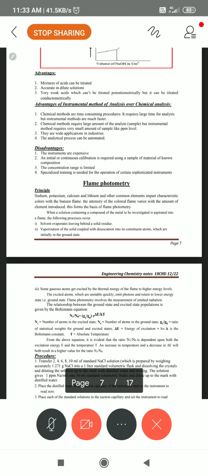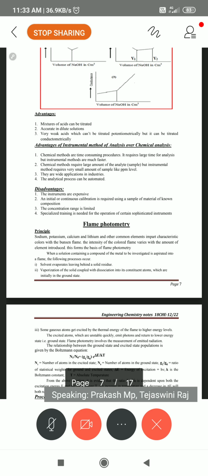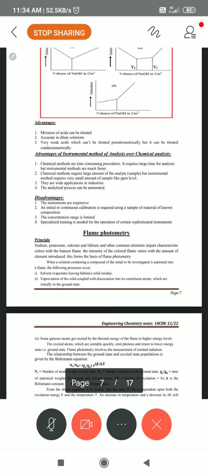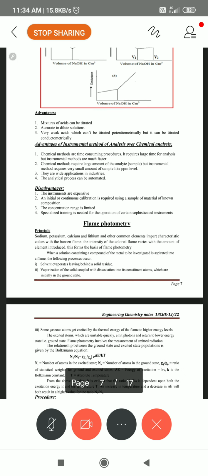Afterwards, you can calculate with mathematics. If you cannot, you can ask me. Same with 4 ml: the second one contains 4 ml, meaning 40 ppm. The third one is 60 ppm, meaning 6 ml. The fourth one is 80 ppm, or 8 ml. The fifth one is 10 ml, or 100 ppm solution. These are the series of standard solutions you have prepared, and this instrument obeys Beer's law.